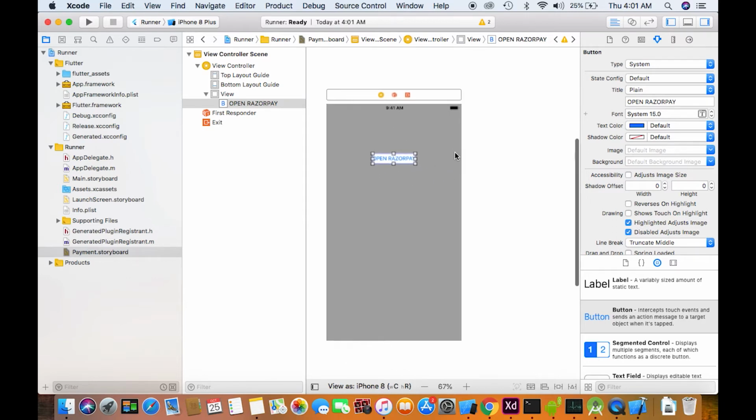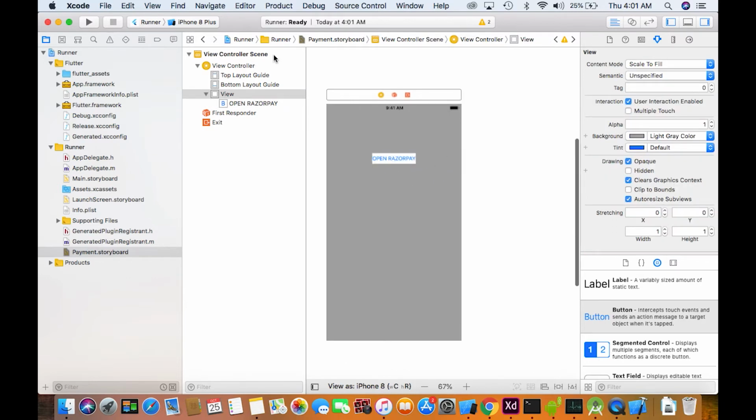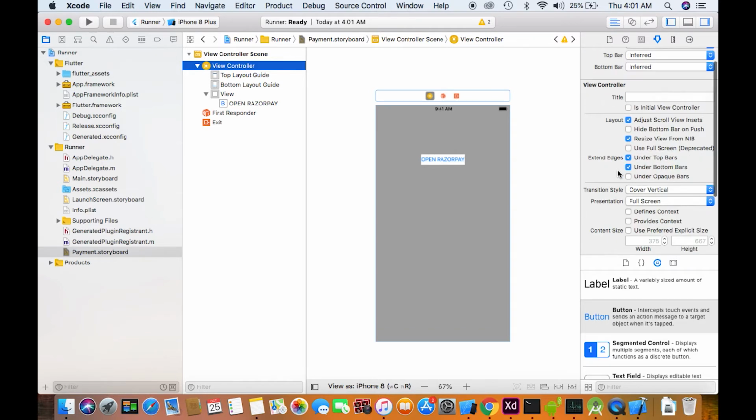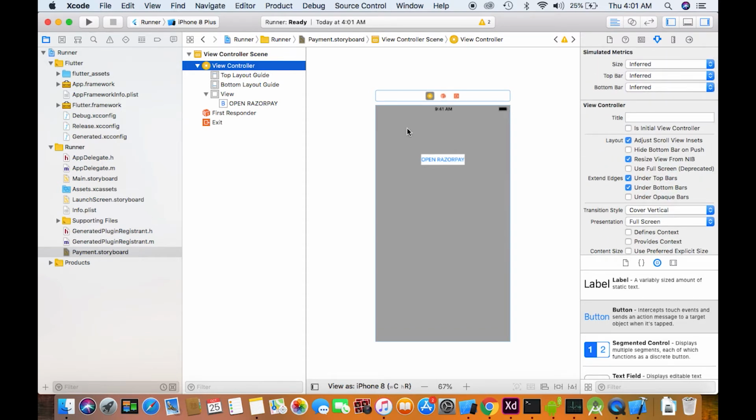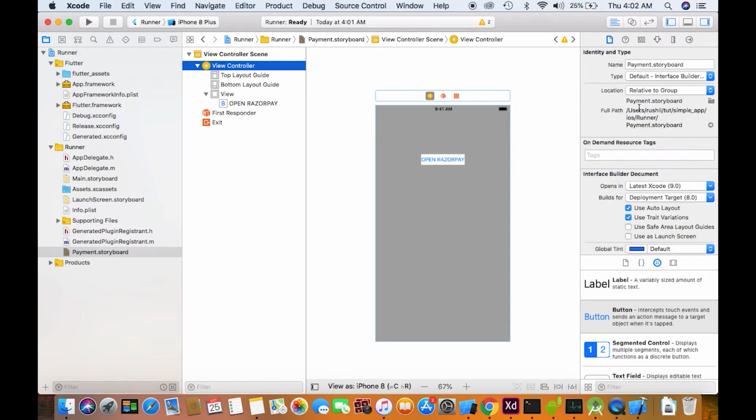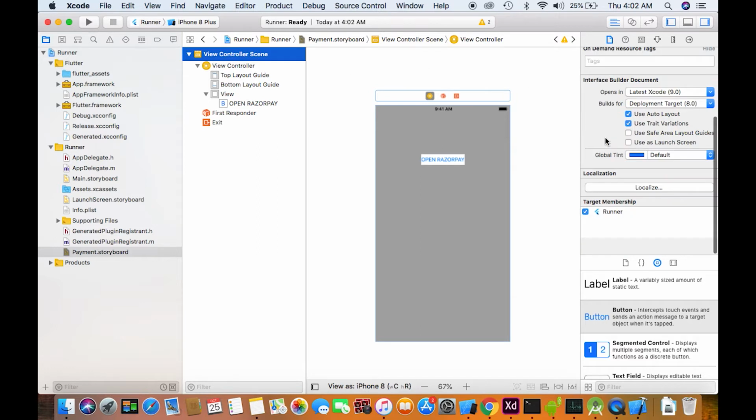I have to give some name to the view controller. One thing is I'll just give it a storyboard ID. For that I will go here.